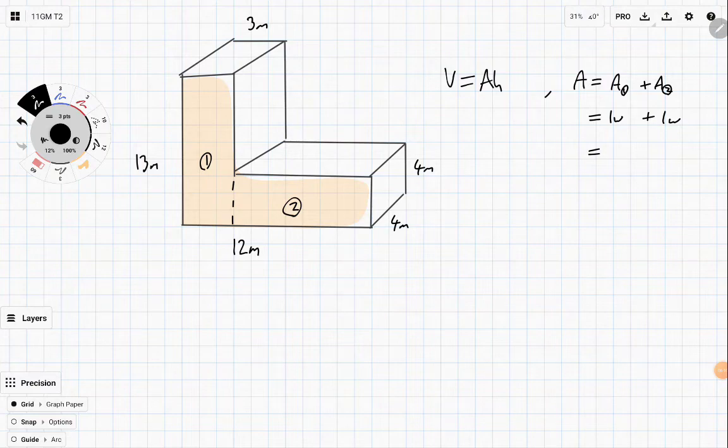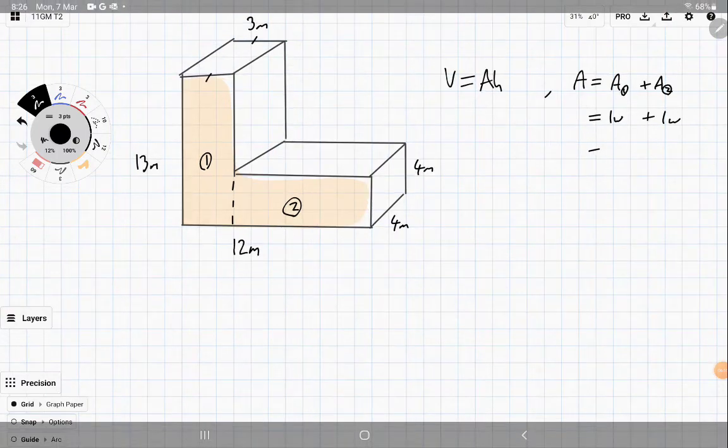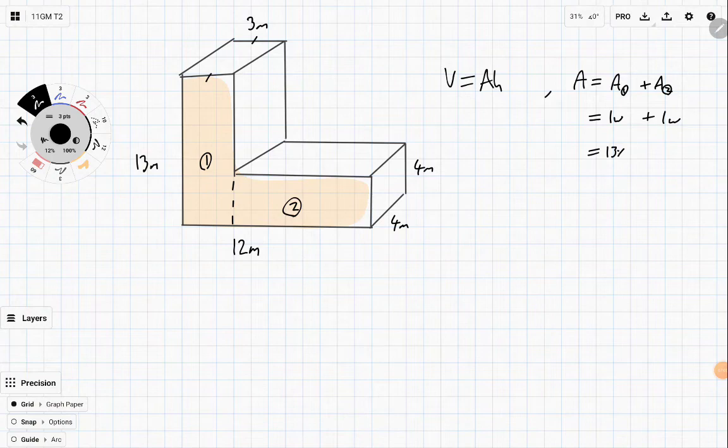So for the first one, we can see that it is a 13 by 3 meter, because this is the same as that. So it's a 13 by 3. And for the second shape, well, this whole line here is 12. 3 of it's been taken off. So that means the remainder part must be 9 meters. And its height is 4 meters. So this second part is going to be 9 times 4, which gives us a total area of 75 square